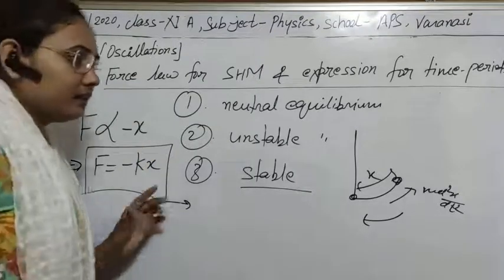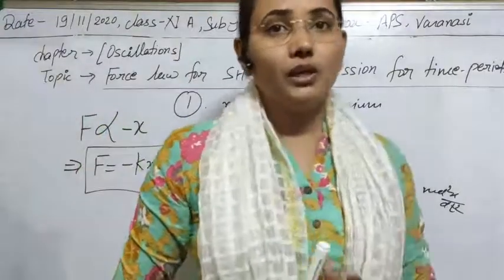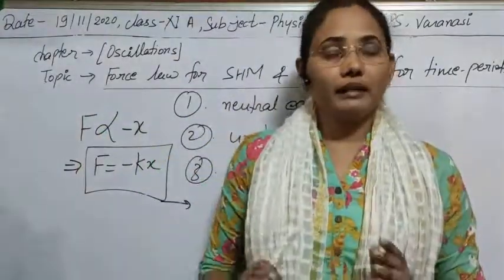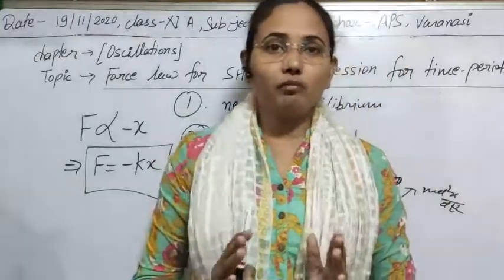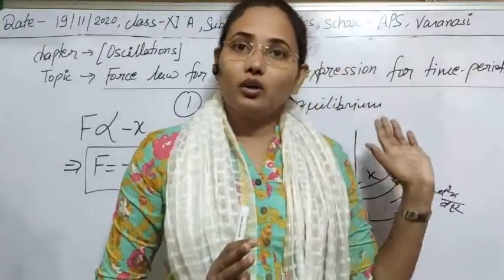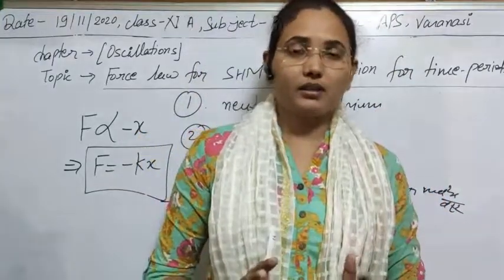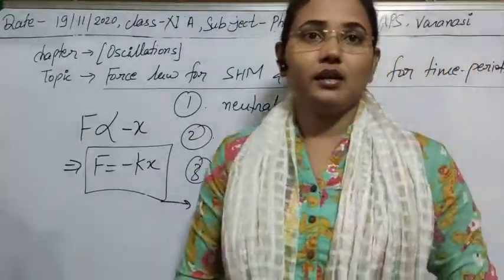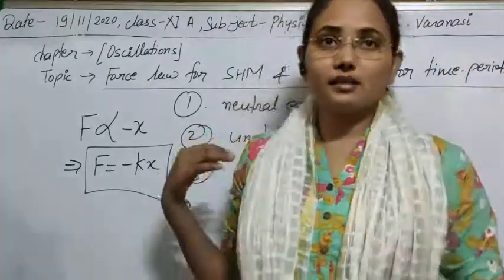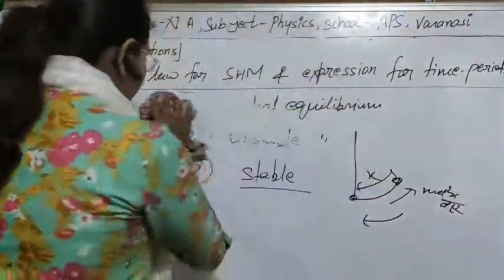So I think there is no confusion while we are talking about equilibrium. You have to keep in mind that in every damped, forced or simple harmonic oscillation, the equilibrium was stable equilibrium, not neutral and not unstable cases. I have taken only the stable equilibrium condition. So I think, guys, this is clear to you, what I was just trying to say.